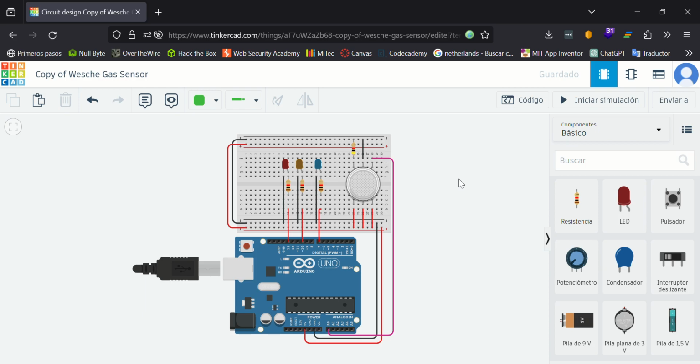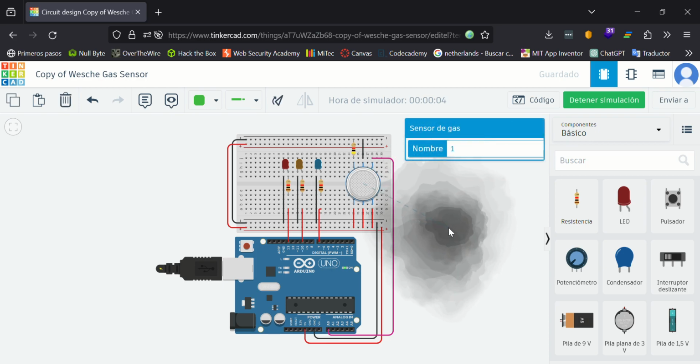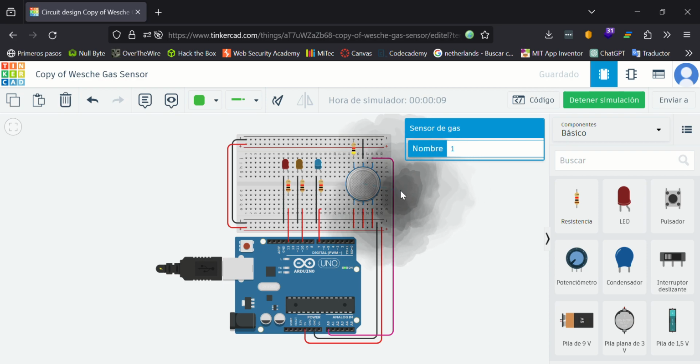The functionality of the circuit will be as follows. If I start a simulation, I'm gonna click on the sensor and you will see this little cloud of gas that appears. If you move the cloud closer to the sensor, it's as if the sensor is detecting more and more of the gas. If I put it right in the middle, as you can see here, the LED will turn